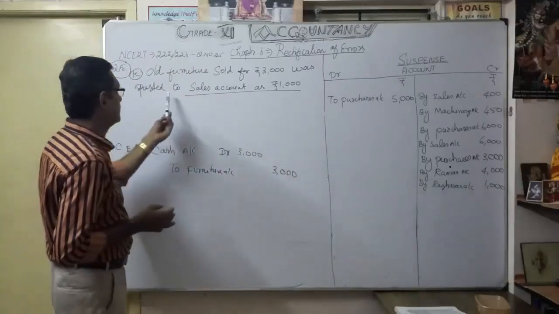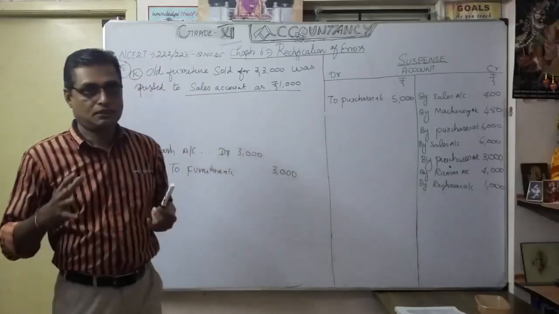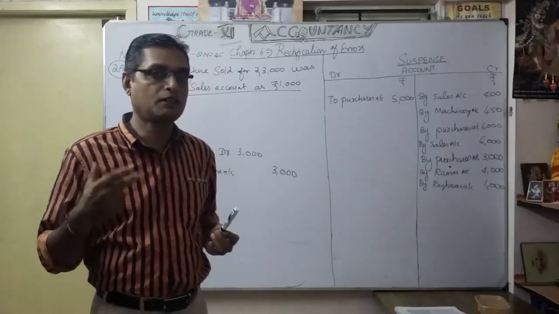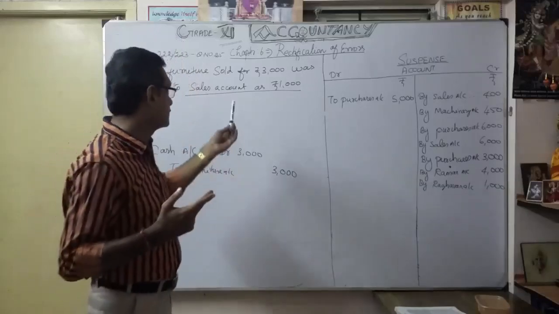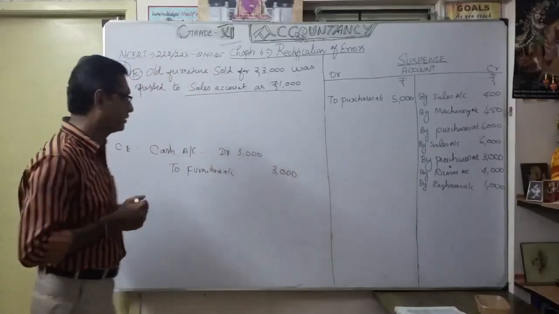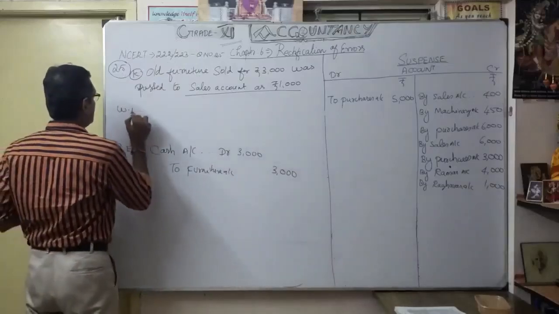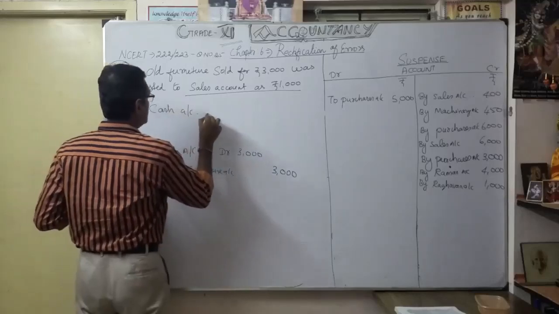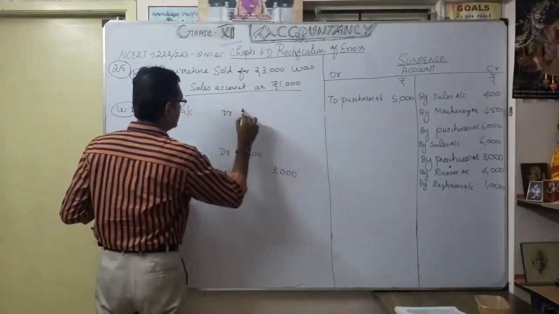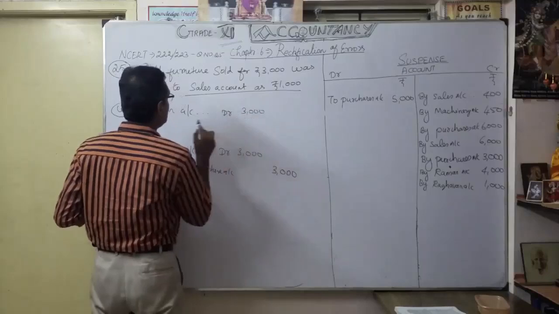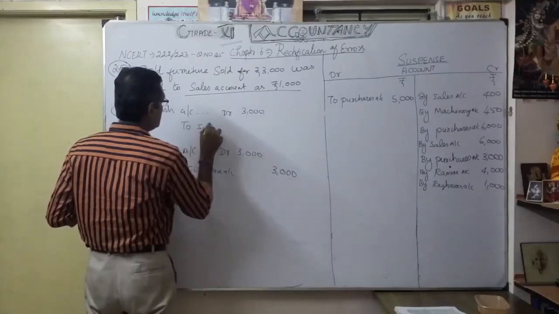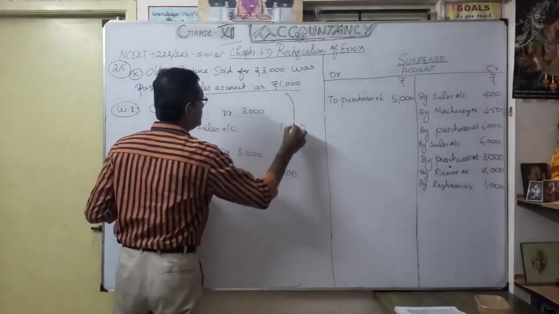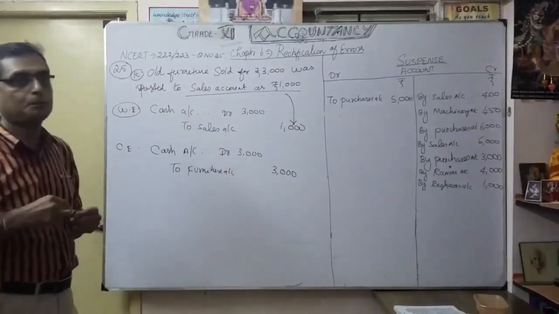So what happened? They consider as sales. So what happened here? Error of principal. First of all, they are wrong. Error of principal. Error of commission. So sales account, amount also wrong. 1,000. So what is it? Wrong entry they have done. What happened? So anyway, cash account. Okay, cash account I make it 3,000. But what happened? They make it sales account. Sales account only 1,000. That's the error they have done.